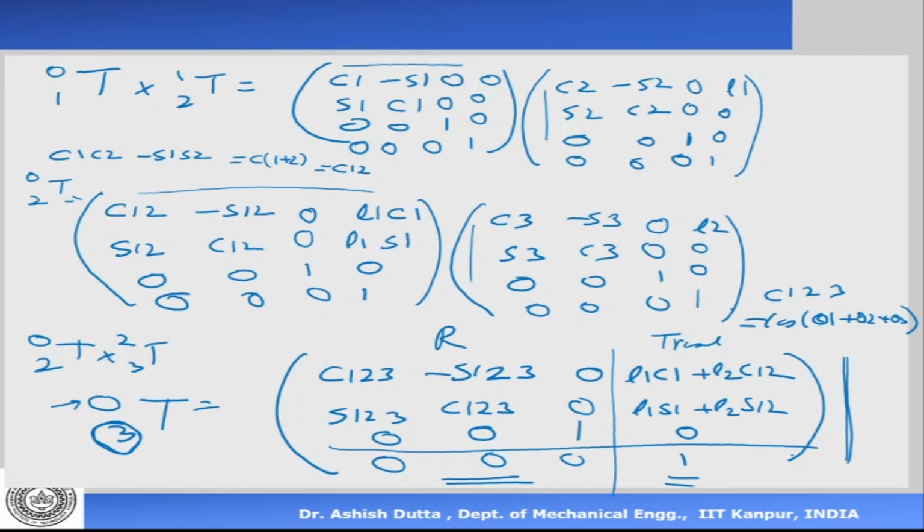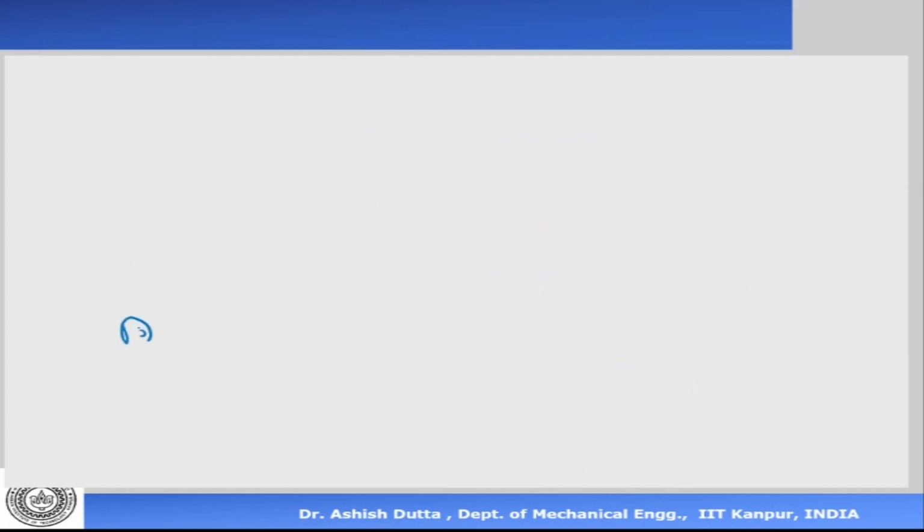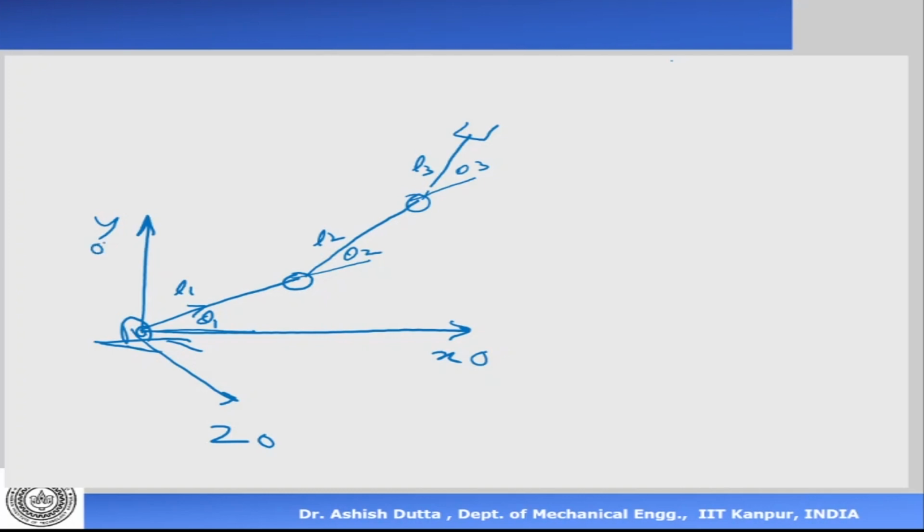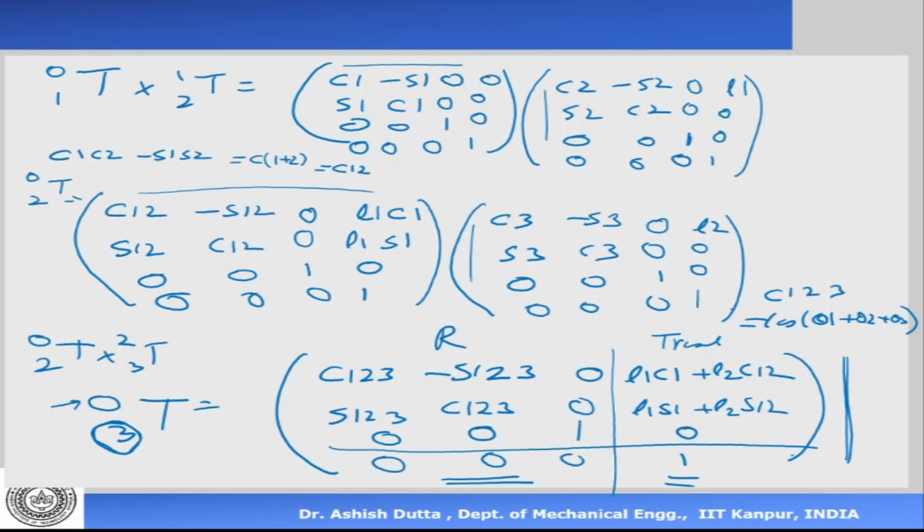So is it correct? If you look at the manipulator, let me just draw it here. This is my L1, L2, L3. This is my theta 1, theta 2, and theta 3. If this is my x-axis, that's my y-axis, and the z-axis is the same. This is Z0, x0, y0. So where is the third frame? The third frame is here. This is my Z3, this is my x3. This matrix T0 to 3 relates the third frame to the zero frame. So is the matrix that I have got correct?